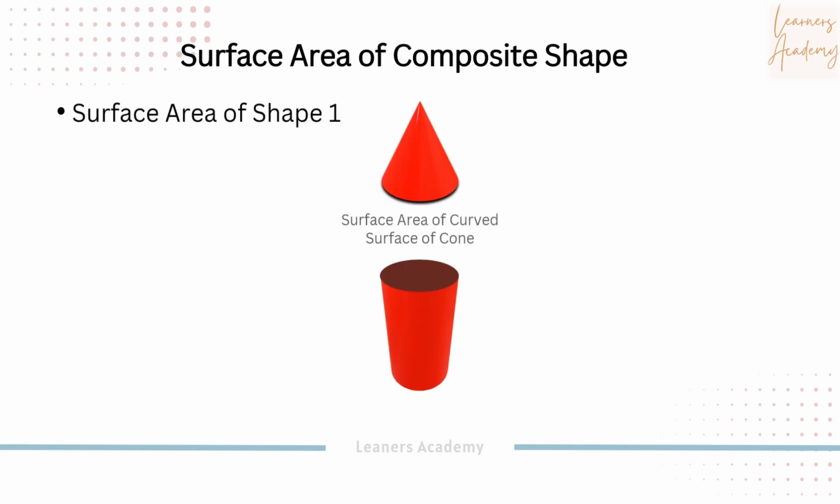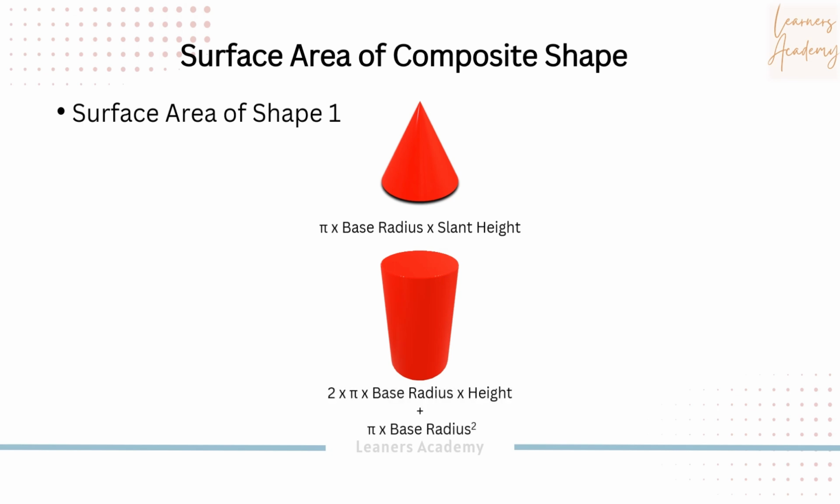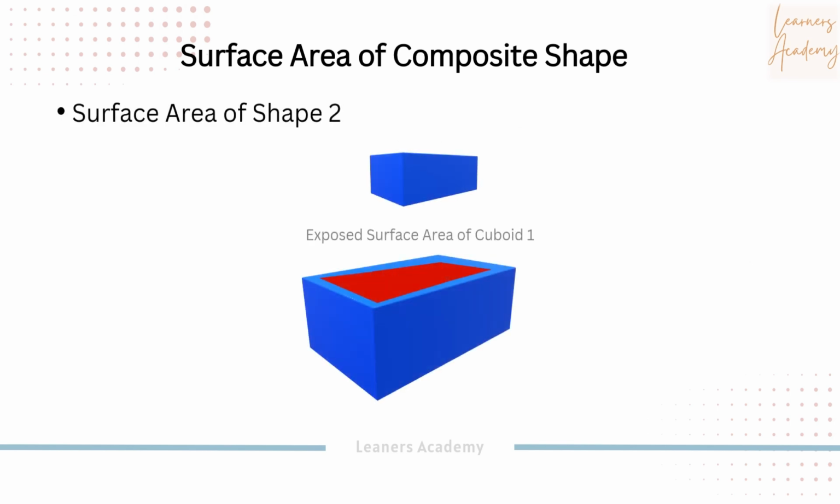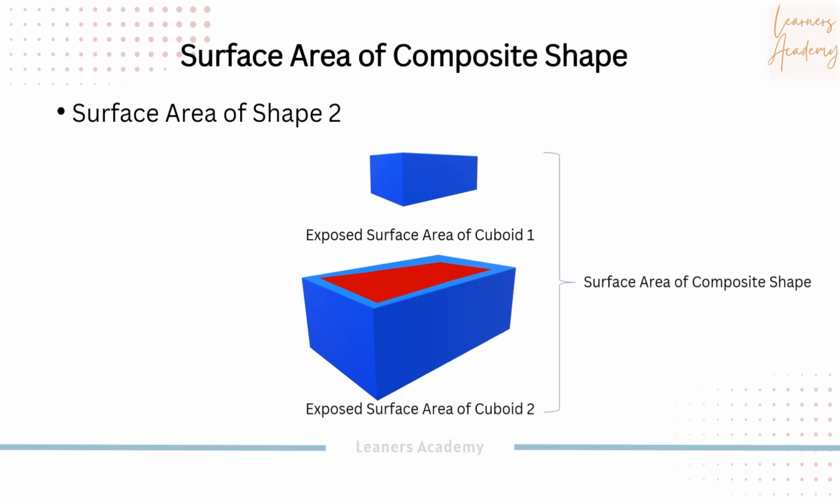Mathematically, the curved area of the cone would be pi into base radius into slant height, while the exposed surface area of the cylinder would be 2 pi into base radius into height plus pi into base radius square of the cylinder. For the surface area of the second shape, which comprises 2 cuboids, we will take the surface